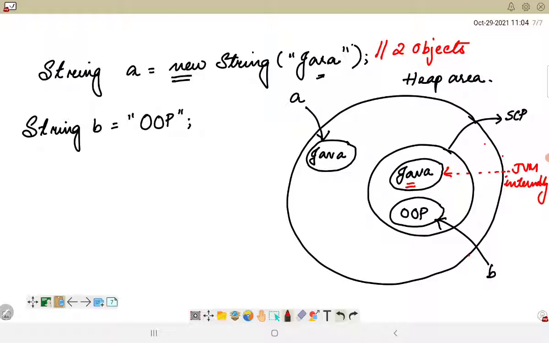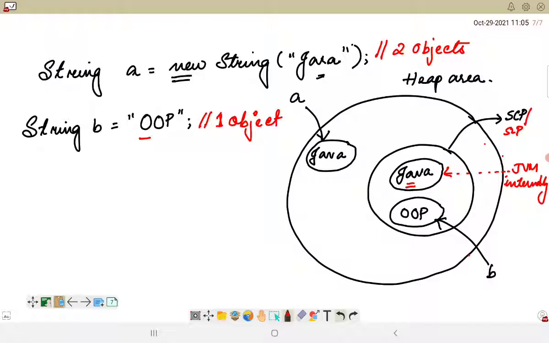However, whenever we are using simply a literal for an object and we are not creating a new object, this particular scenario will just have one object associated with it. So there will be just one object here, and this will be inside the string constant pool or string literal pool, and it is referenced by the variable B. Okay, so this is how the objects, whenever they are created, are stored inside the heap area.